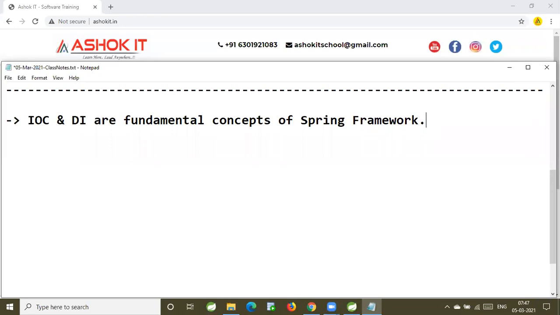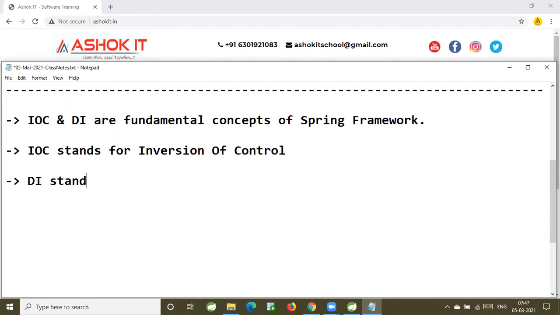Now, what is this IOC? IOC stands for inversion of control. DI stands for dependency injection.